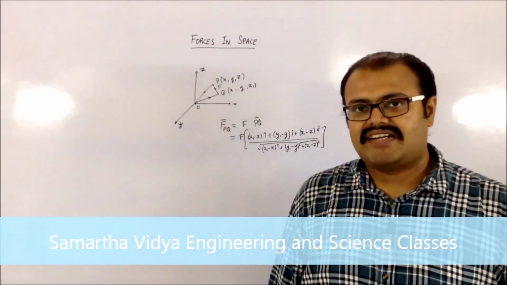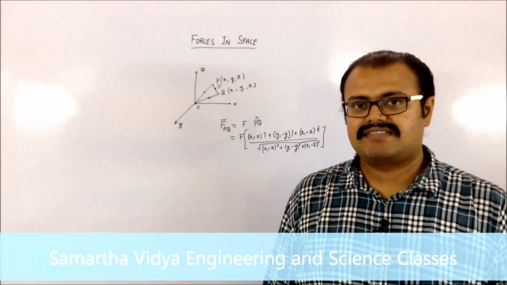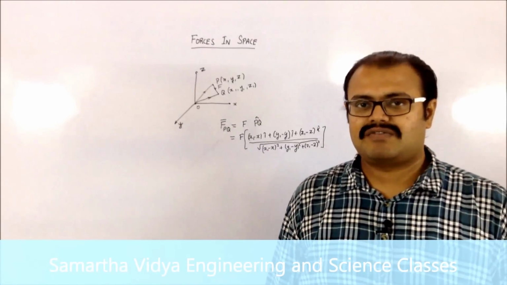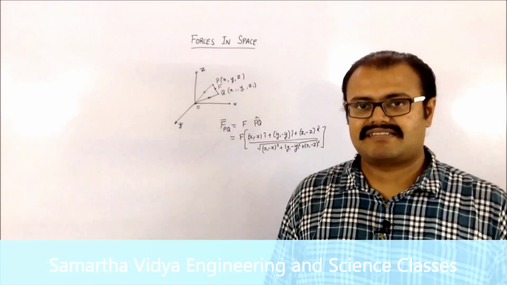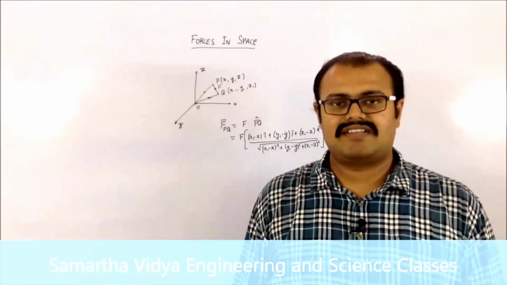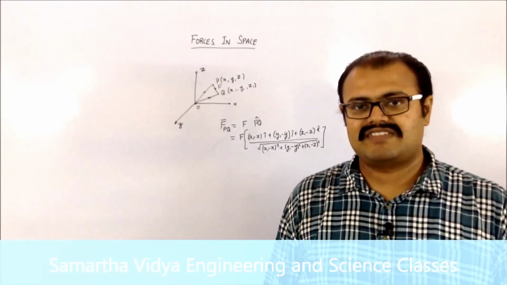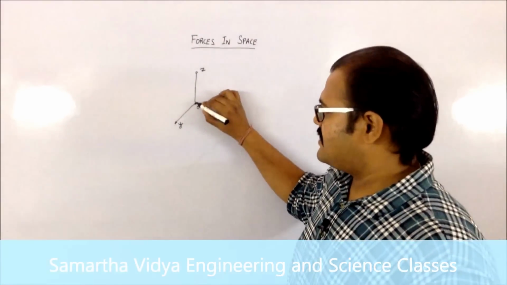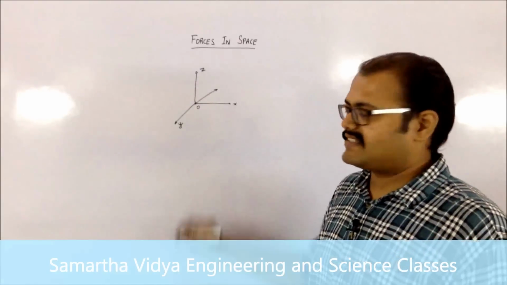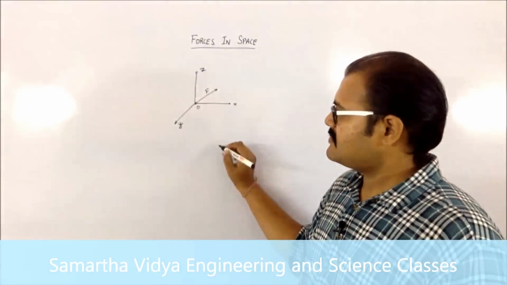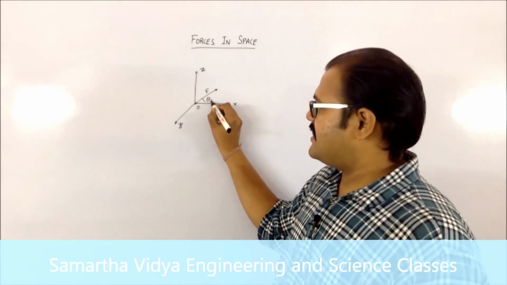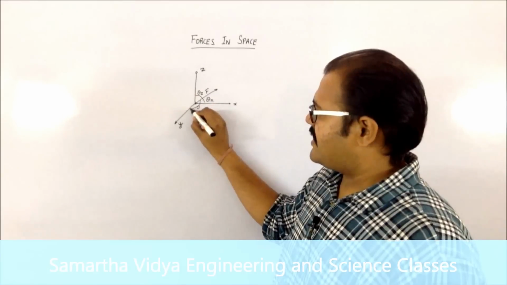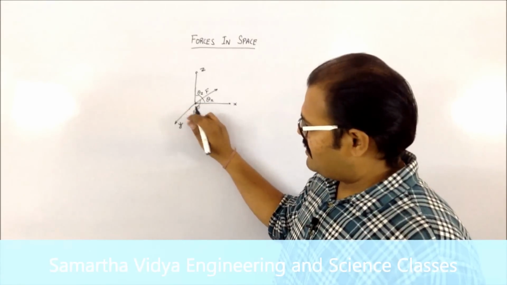Now once we have understood how to indicate forces in space, we can move on to a term which is called the components of the forces along i, j, k. Now the component of the forces along i, j, k is the same concept which we have studied in coplanar forces. So let us consider that this is my force, represented by a magnitude F. It is making an angle theta x with the x axis, theta z with the z axis and theta y with the y axis.